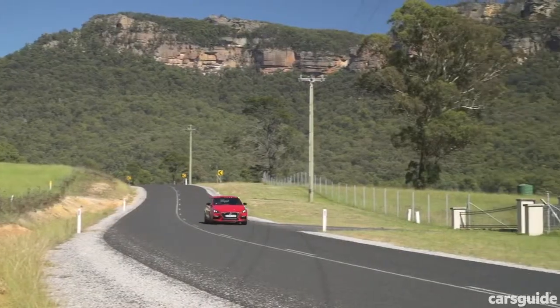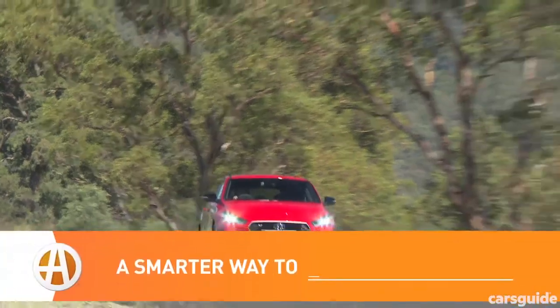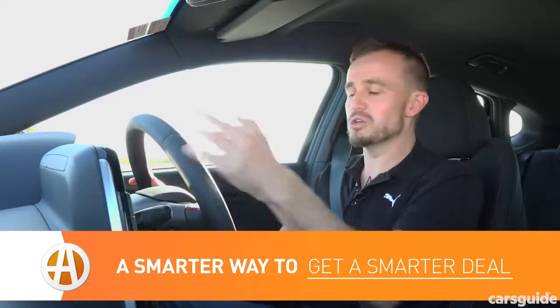This is the Hyundai i30N like you've never seen it before. That's because this is the new Fastback version. It takes everything we knew about the i30N and reshells it into a more sedan-like and bigger package. As a result, it is more fastbacky than the regular hatchback, and it also apparently appeals to more mature and